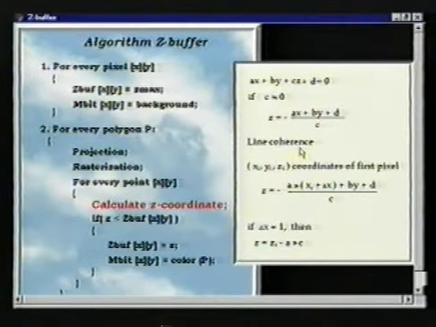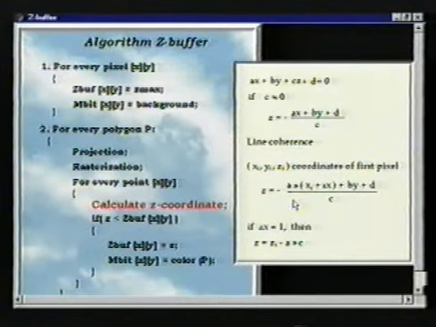If we use line coherence and x1, y1, z1 are the coordinates of the first pixel, then the Z-coordinate we can calculate as follows. If delta x is equal to 1, then the value of the Z-coordinate is